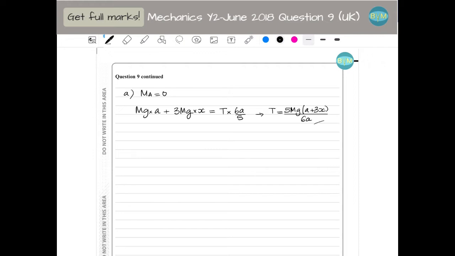So this is the first thing. And you are going to get 1 mark for applying moments about, so for method, 1 mark for getting the equation correct, and 1 mark for getting the proper answer, even if it's given. Right? For B,